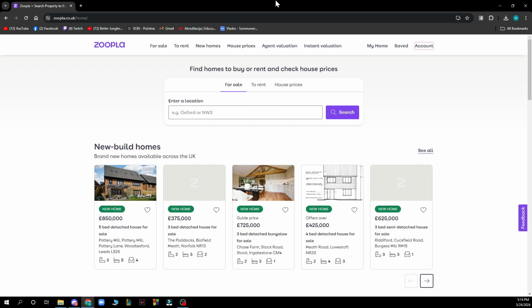Now guys, that we got that out of the way, let's see what we actually have in front of us here. So as you can see, we have the Zoopla official website where we have some houses for sale, to rent, we have new homes, house prices, we have agent validation, instant validation, and here guys we have Find homes to buy or rent and check house prices where you can also see for sale, to rent, and house prices. And you have the search box where guys you can go and add a location and find a house